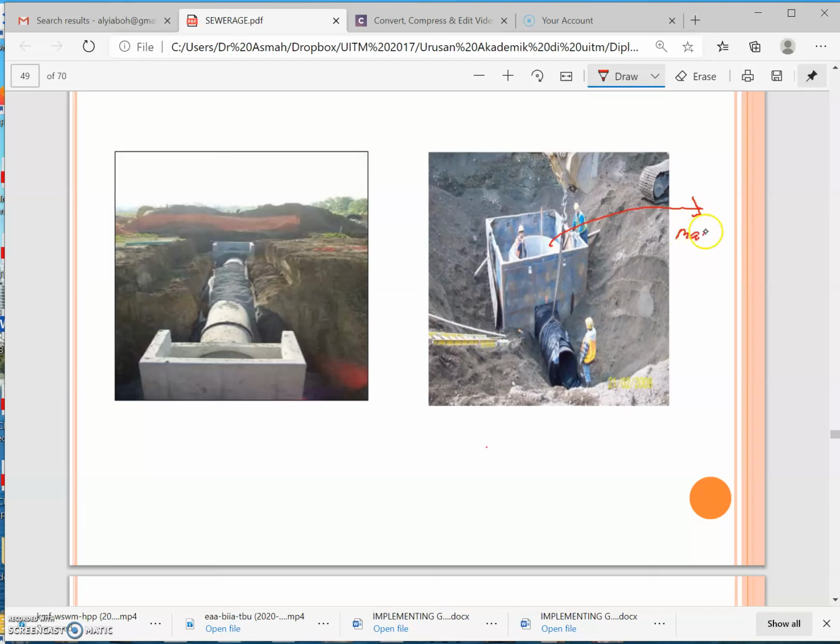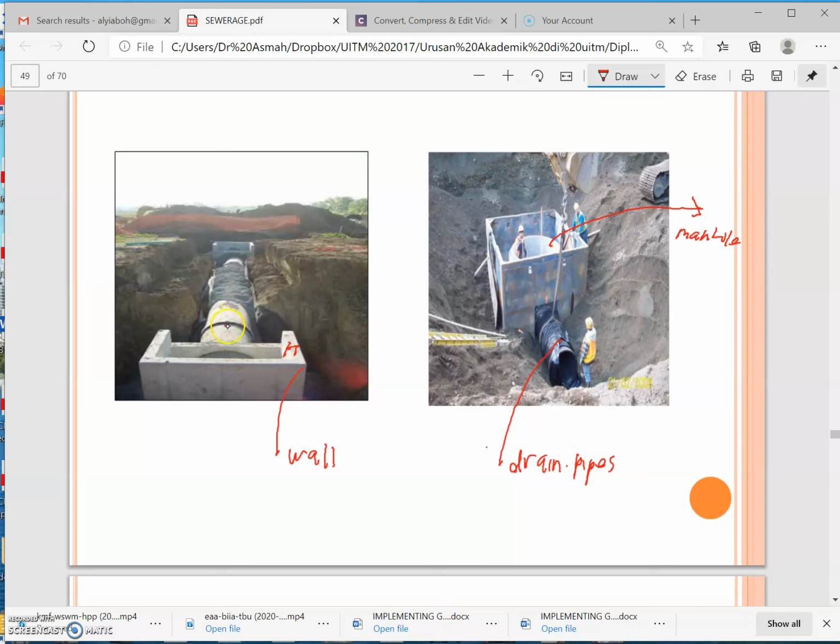This is the working area where I think they are pouring the concrete now or putting the casing, because they have a hook tied to the excavator. And then this is the drain, the drain pipes. This is a manhole wall that has been plastered, and remember the thickness of the